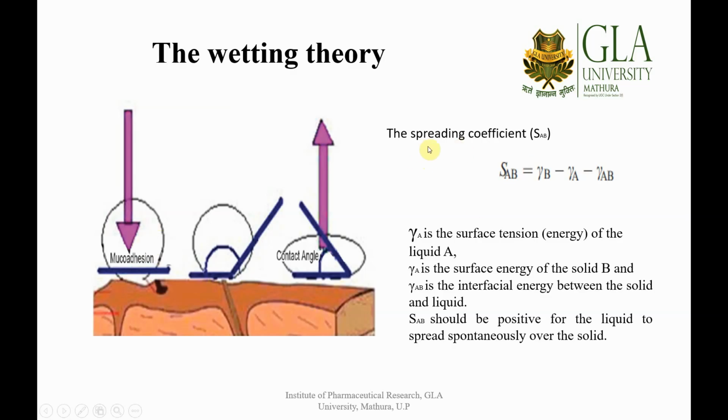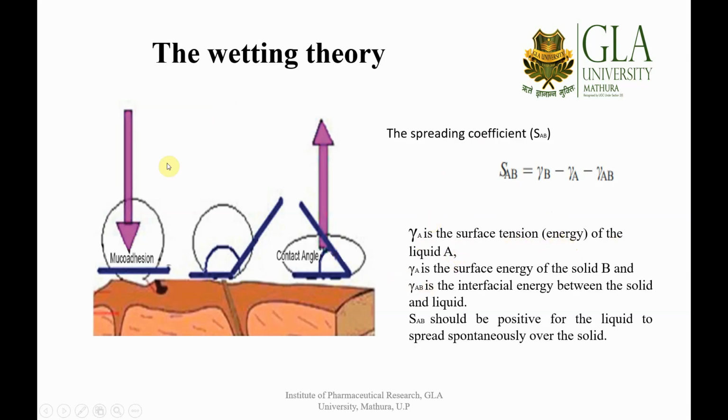So you can see how we can calculate the spreading coefficient. This can be calculated using this formula. You might be remembering we have gone through this formula when we were reading about interfacial phenomena. So the spreading coefficient can be calculated using this formula, where gamma A is the surface tension energy of the liquid A,